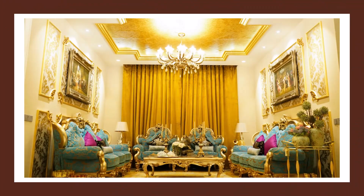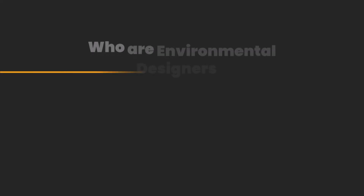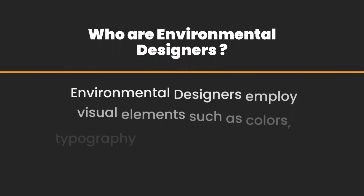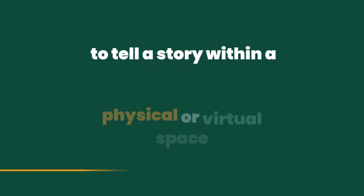Your home, where you work, places you visit could evoke a feeling of calmness, comfort, or discomfort, and that's all thanks to the different elements that make up your environment, such as colors, materials, lighting, and space. Environmental designers employ visual elements such as colors, typography, patterns, shapes, images, and messaging to tell a story within a